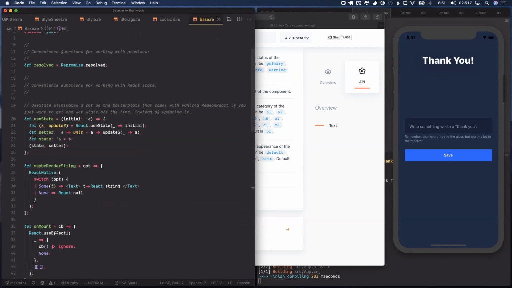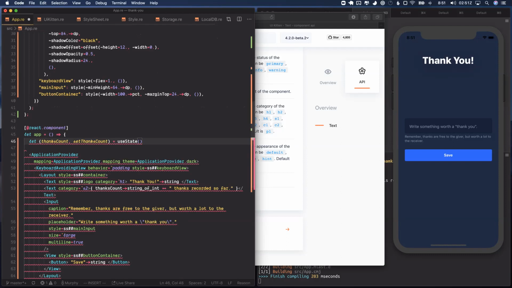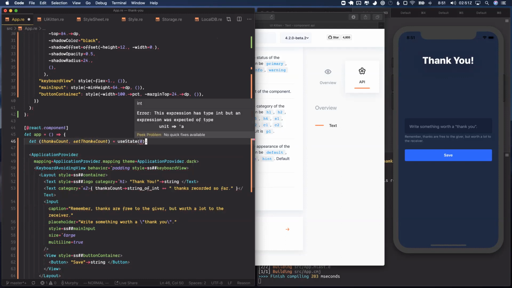Use state right here. So use state is going to take an initial value, and it'll give you back the state and a setter. Now, that's a custom function I wrote for this app. It's not how Reason, like you'll notice that I had to wrap ReasonReact's API, which is a little bit more low level. So useState, by default, we're going to say that the user has 0 thanks, and it